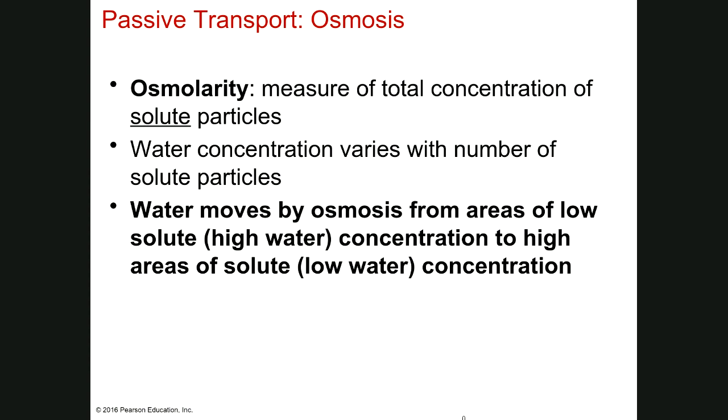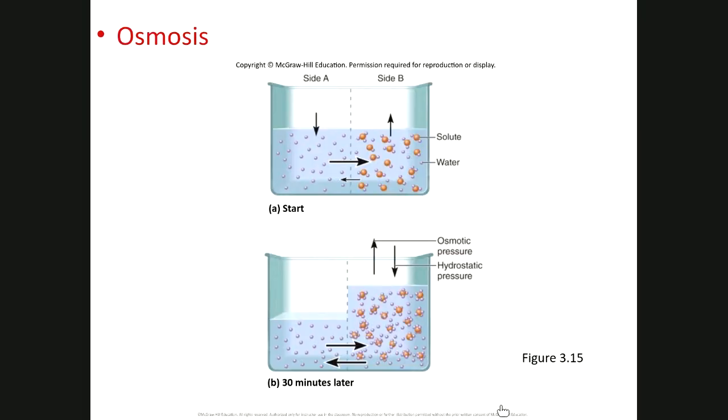Okay, so again, water is going to move towards wherever the highest solute concentration is. Let's look at this top part here. So this is like a beaker or a container of some kind, and there's a little partition in the middle, this dotted line, and that's representing a membrane, right? Or if it's a beaker, it's some sort of filter. So on the left side, we're showing solute, okay? Now over here, we also have solute. Now the water,